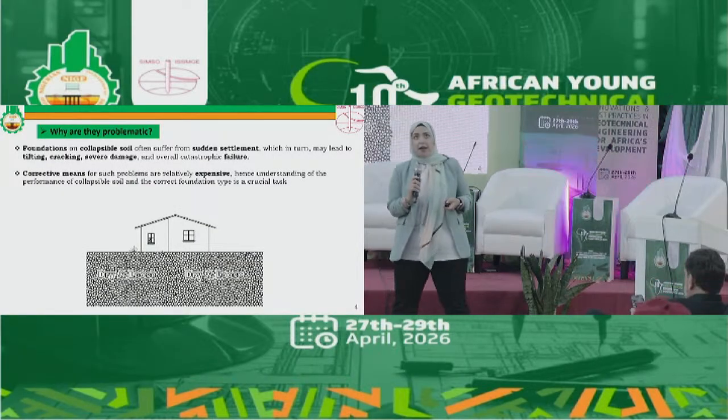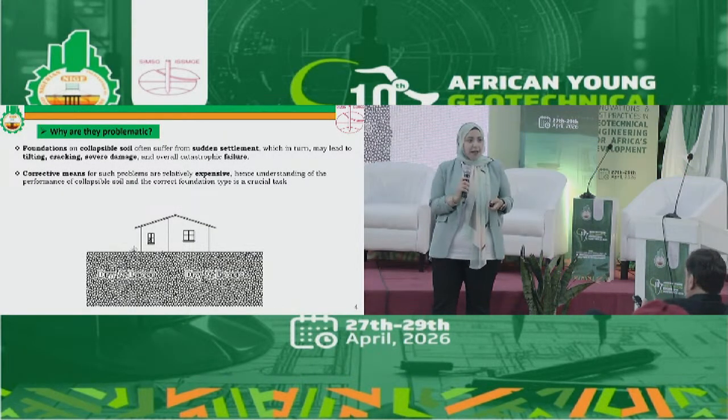Okay. Before we start, my topic is collapsible soil. Collapsible soil in general is unsaturated soil, and it has a very high strength in its natural state. But upon saturation, it undergoes radical particle rearrangement, which in turn leads to settlement. Foundations on collapsible soil are relatively stable, as shown in this photo. But once saturation occurs, either from surface or subsurface wetting, they can suffer from differential settlement, and that can cause